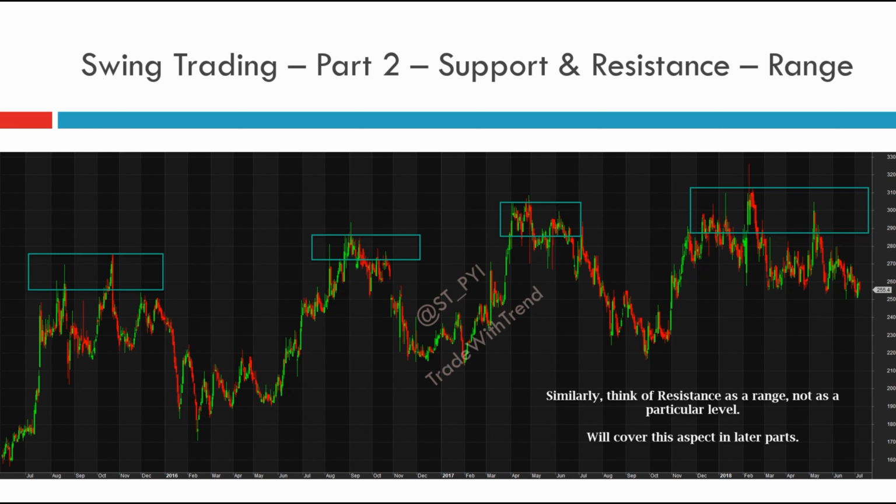Now this volatility concept I have covered in my Bank Nifty video also, and the market analysis video that I do every week, which is why it's always safe, if you're trying to swing trade, to identify resistance or support as a particular range. Now I'll show you why this is important when I come to the Fibonacci retracement aspect of identifying high probability support and resistance levels.